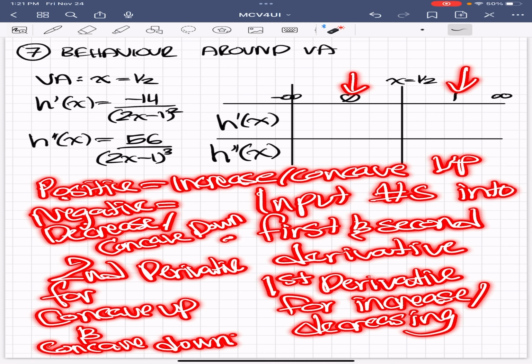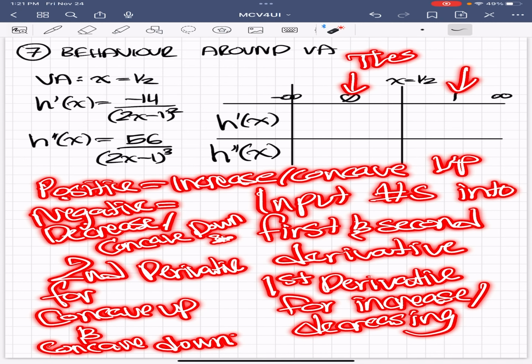Okay, so positive is for increasing and concave up, and negative is for decreasing and concave down. So the second derivative is for concavity, the first derivative is for increasing or decreasing, and we input those numbers,